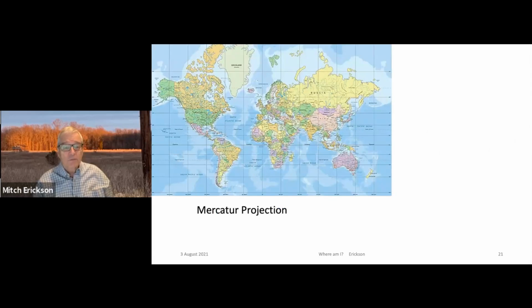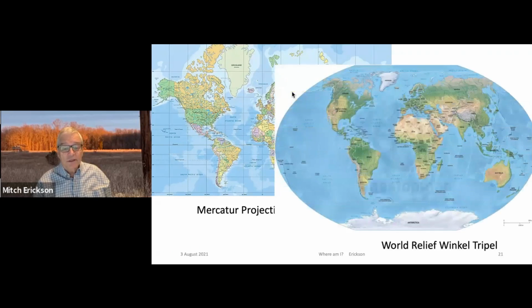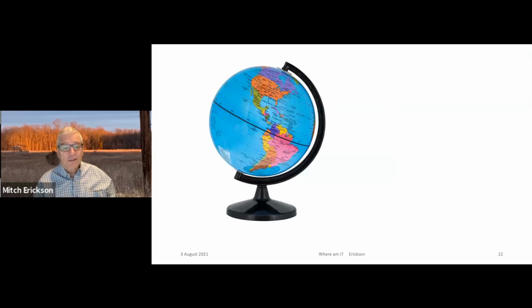Here's the Mercator projection. This is probably the map you saw when you were in grade school, high school, etc. And you see here the size of Greenland. Heck, Greenland's about the same size as the United States, right? Well, that's not true because we have not shrunk the distance between the two longitudinal lines as they go towards the North Pole. So another way to do this, which is what a lot of people now see in wall maps, is the Winkel Tripel projection. And you see the difference between the size of Greenland on the left and Greenland on the right, which, by the way, they cover it in white because it's all ice. So this is closer to an accurate description of what's going on. But if you want true accuracy, get yourself a globe, and then everything is in the right dimensions and the right